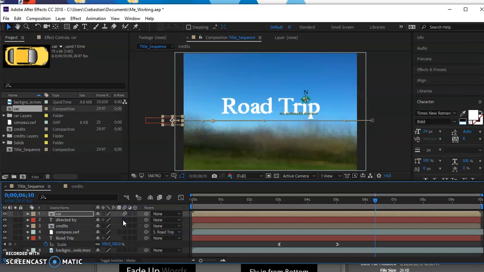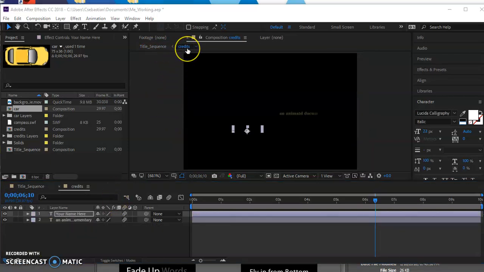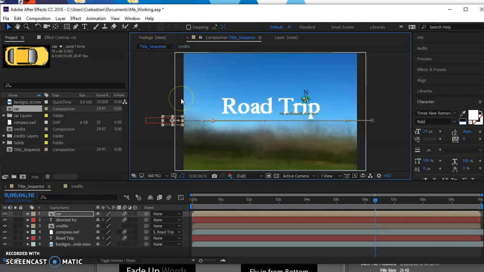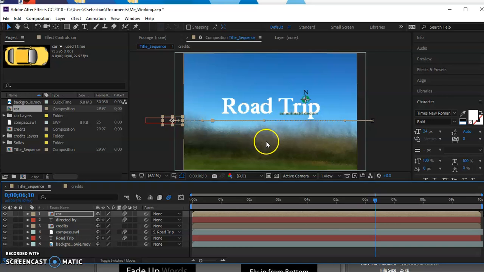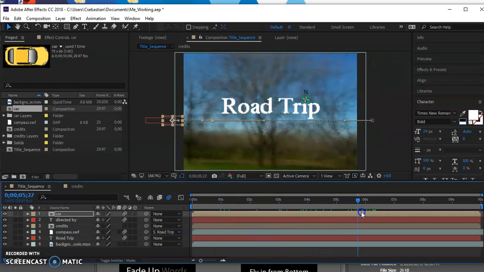So I just want to go through and add the motion blur, which is this. I don't want to add it to credits, but I do want to add it to all the other items with the exception of the background movie and the credits. So now what I do is I go to the credits section and turn on the motion blur for the credits items. Then I want to go back to the title sequence panel and enable motion blur up here, so now I can actually see the motion blur as we run through. And if I look at this, I now see the motion blur for items as they're moving through my